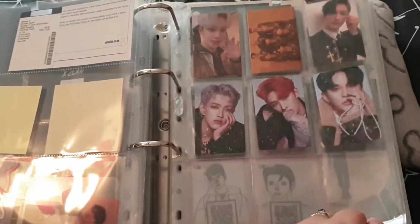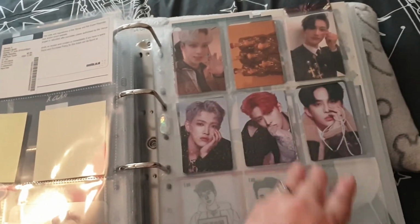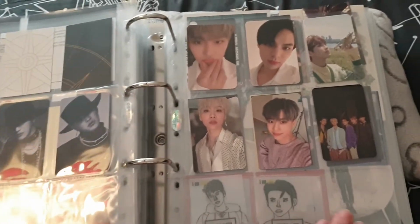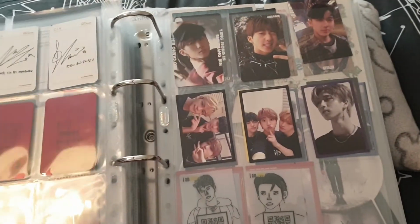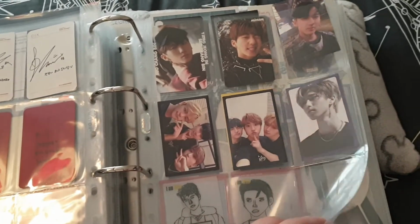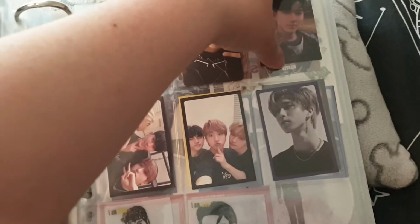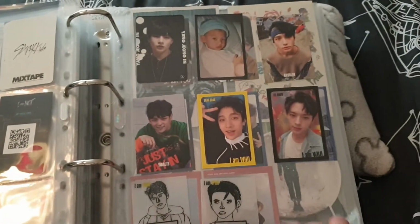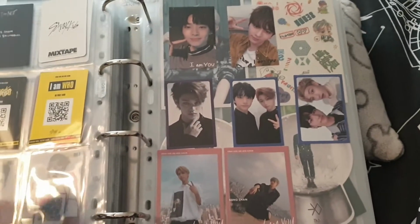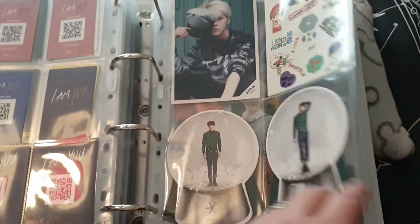Rest of my 80s cards, these are unofficial, so just ignore those. So it's just that one, that one. And then CIX and AB6. And then Stray Kids, I really wanted to collect Changbin and Jisung. That's kind of why I've got them all on here, because I'm very attached to them, but I'm not collecting Stray Kids, so all these Stray Kids are up for sale or trade. And then my EXO,